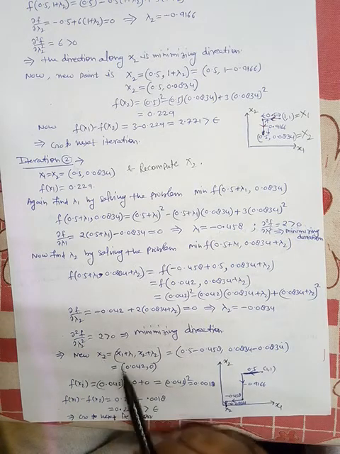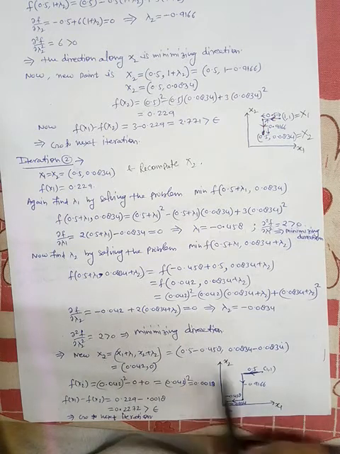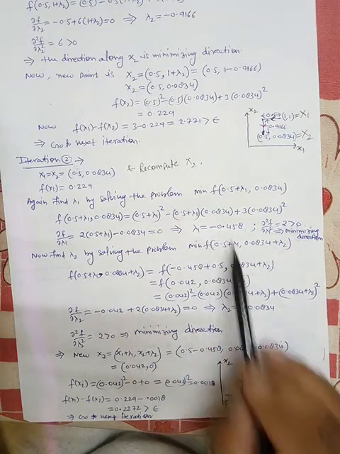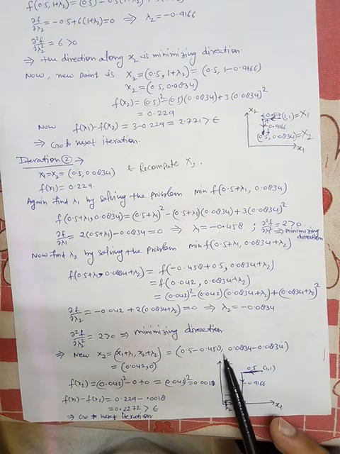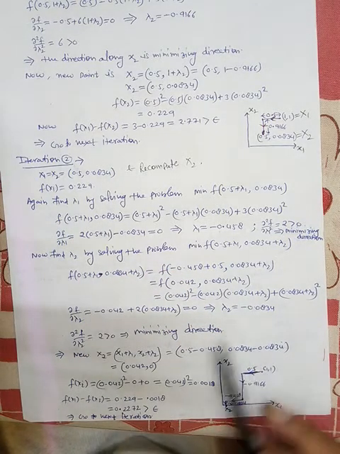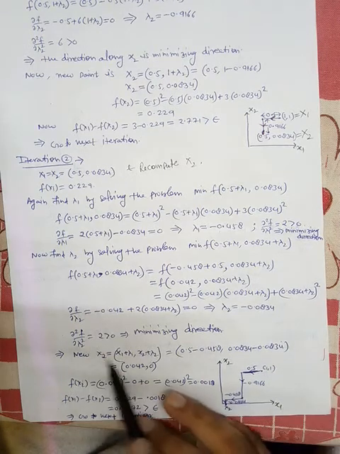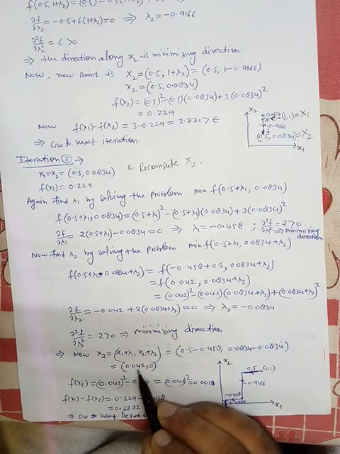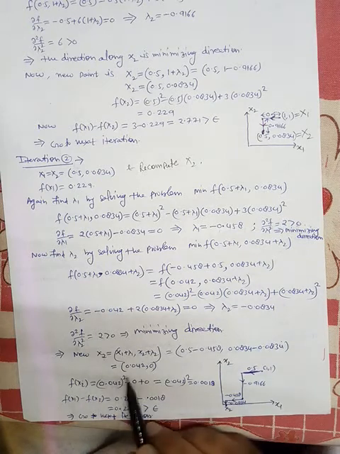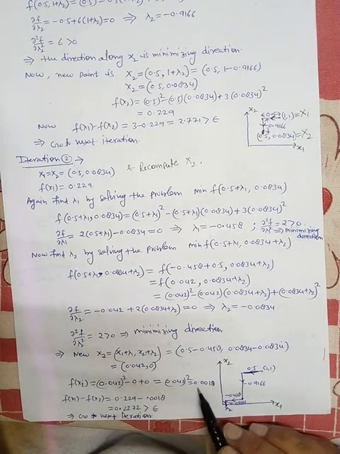So the new point x2 is x1 plus lambda 1, x2 plus lambda 2. What is x1? x1 is 0.5. Lambda 1 is here minus 0.458. x2 is this point 0.0834 and lambda 2 is minus 0.834. So the x2 will be 0.0420, and f at x2, when you compute the value of the function at this new point, will be